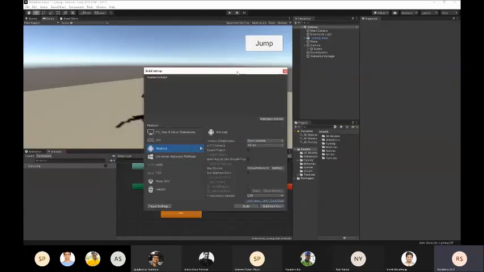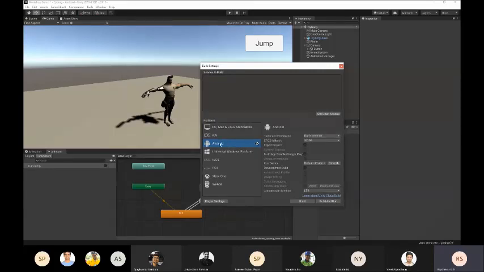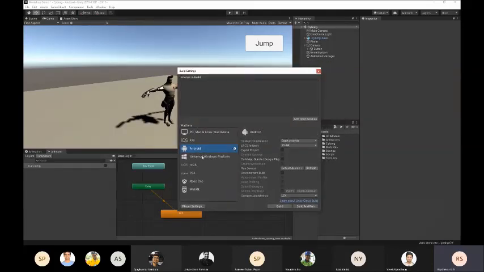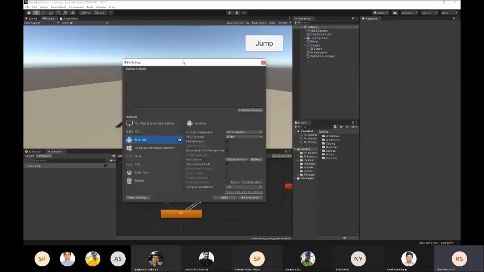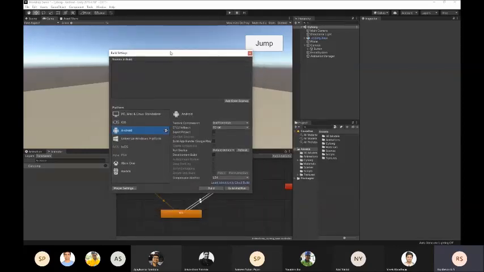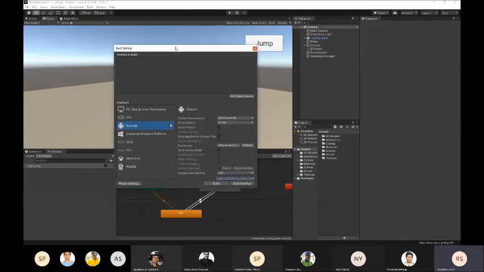Okay, so now our platform has shifted. You can see the Unity symbol has come on the Android platform. So how do you build the app? Before building the app, there are certain things to make sure of. First, in the scenes in build, right now it's empty. That means there's no scene configured to build. So I select add open scenes. That means whichever scene is open, you'll add that scene to the build. You can see our Cyborg scene is now here. Right now the Cyborg scene will be built to the device.